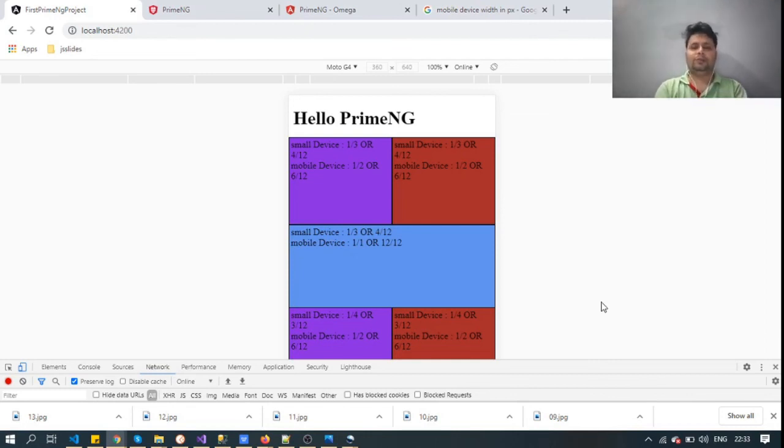If you have previous knowledge of Bootstrap, the PrimeNG grid works the same as the Bootstrap grid, but only the class names change. So I think you understand how to create the grid, and you can also create grids by yourself and try to create different kinds of grids.